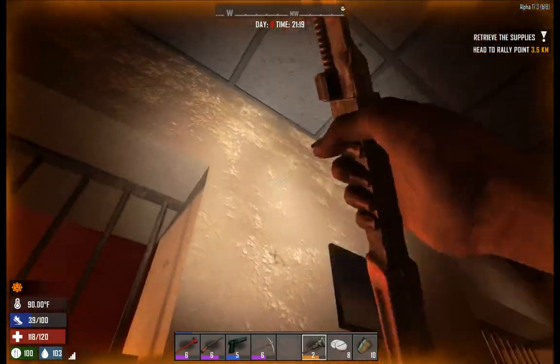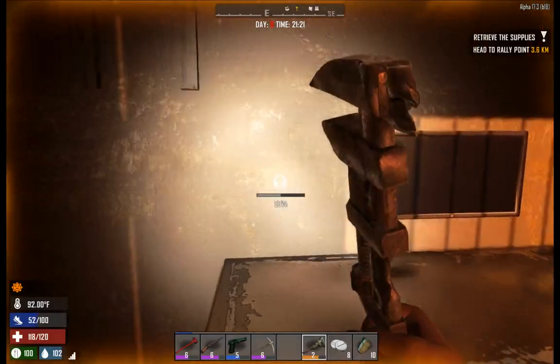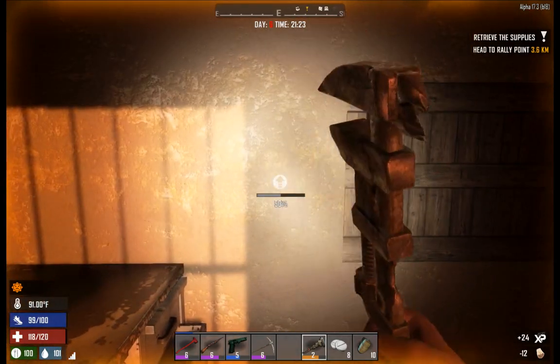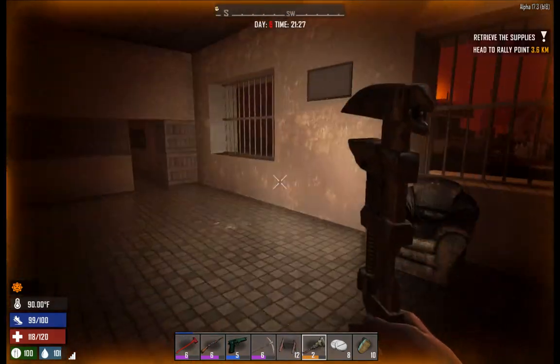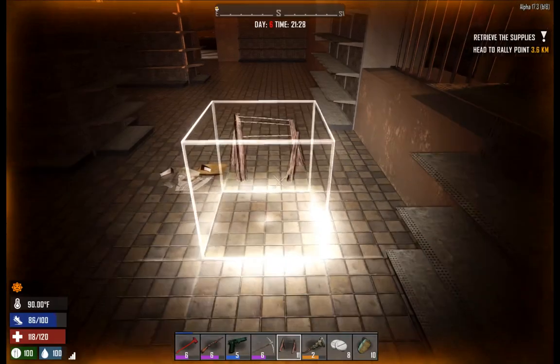These outer walls are concrete, right? Yeah, okay. Go ahead and reinforce these blocks just in case. I don't remember what's on the other side. We're running out of time. Got our wood bars. So barbed wire, there it is. Alright. This probably won't last as long as I want it to, but